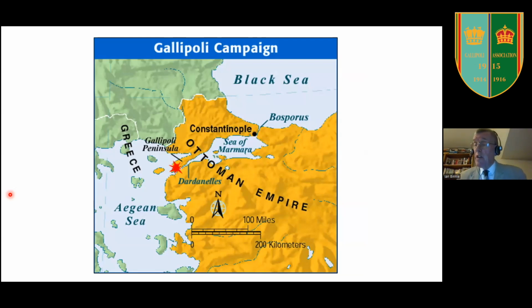So the Gallipoli campaign was an attempt to knock Turkey out of the war, the sick man of Europe. You'll see there the map which shows the Gallipoli Peninsula, about the 1/5 of the size of Wales, I believe. And the idea was to force, through naval action alone, the straits of the Dardanelles, bombard Constantinople, and the Turks would give up. It didn't actually happen like that, but it's important to remember that it was meant to be just a naval